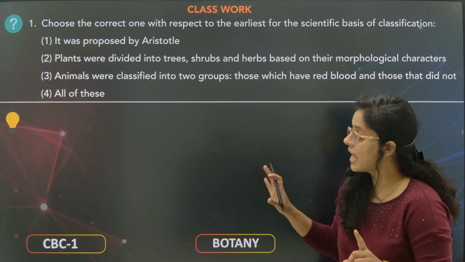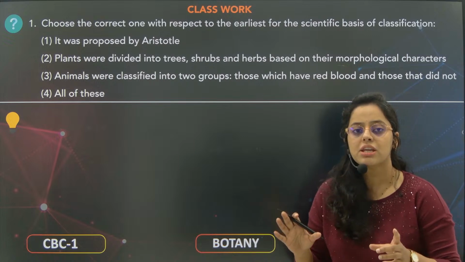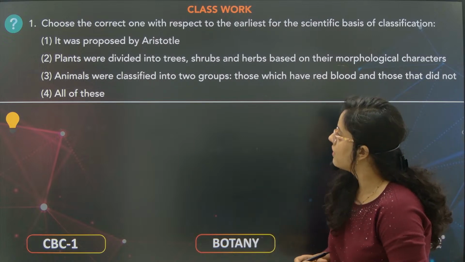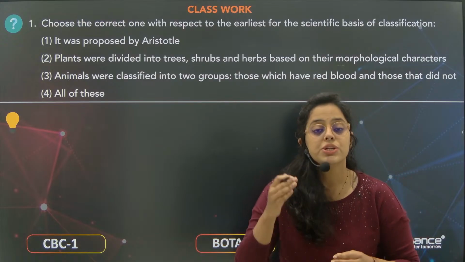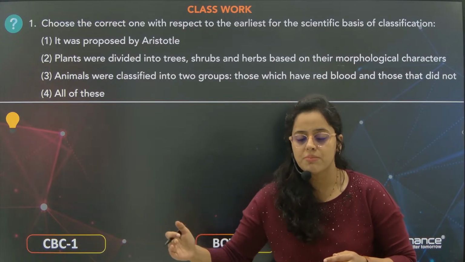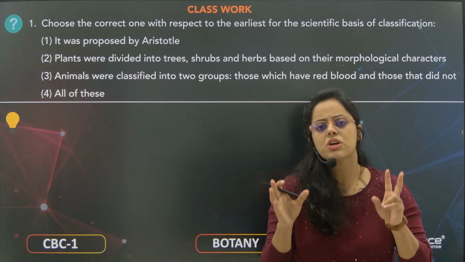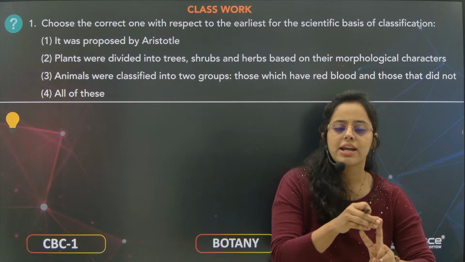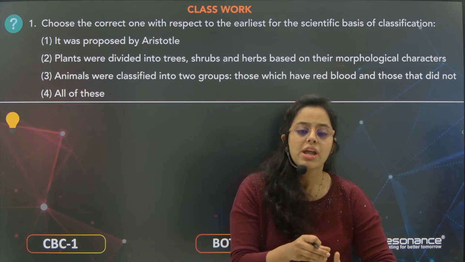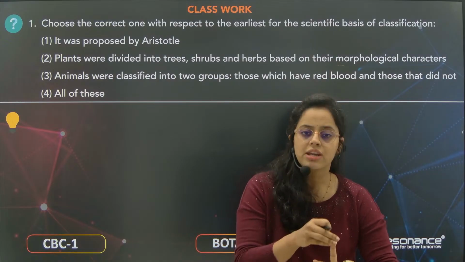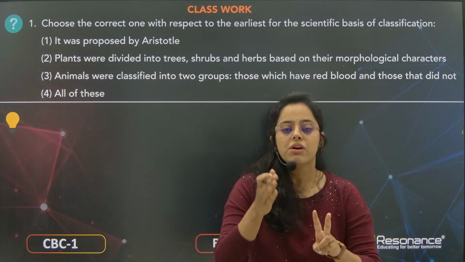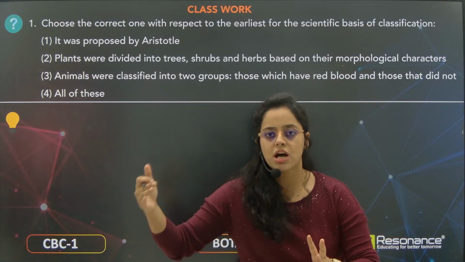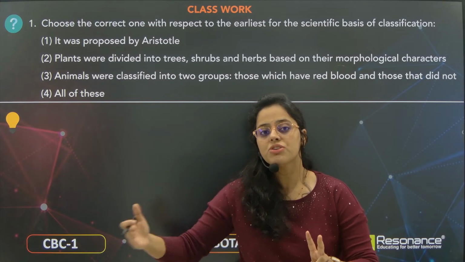Choose the correct one with respect to the earliest scientific basis of classification. So here the scientific basis of classification was done by Aristotle. It was proposed by Aristotle, and the plants were divided into trees, shrubs, herbs. Basically the classification was on the basis of two types: plants and animals. Plants which cannot move and animals which can move. Right? And the plants were further classified on the basis of trees, shrubs and herbs, but that is morphological characteristic